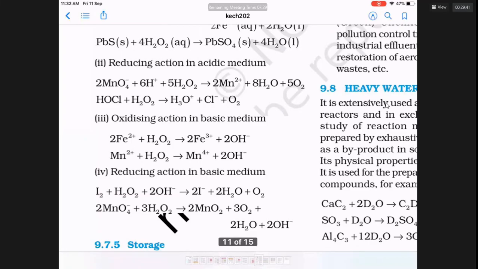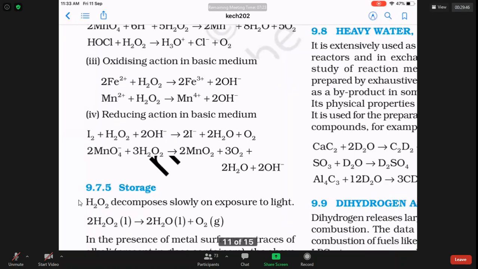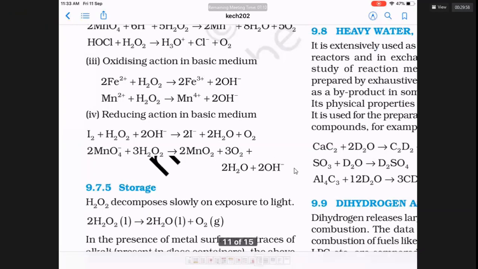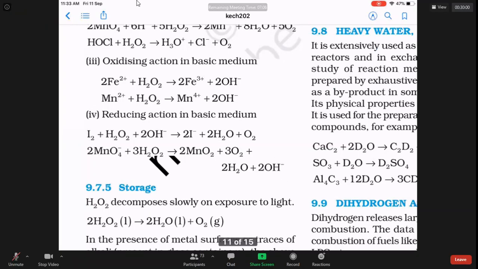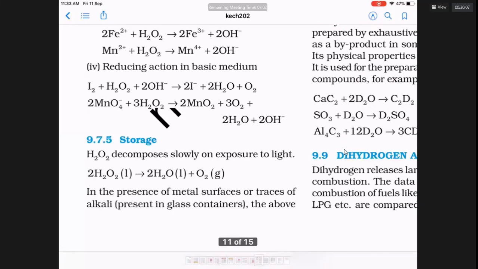Now, the oxidizing property of H2O2 in basic medium. When ferrous ions react with H2O2 in basic medium, you get ferric ions. When manganese plus 2 ions react with H2O2 in basic medium, Mn plus 2 will lose some more electrons. When Mn plus 2 is losing, H2O2 is gaining. When H2O2 gains electrons, it is an oxidizing agent. An oxidizing agent is one which gains electrons. Similarly, H2O2 can lose electrons in basic medium. It is a best loser in basic medium. It reacts with iodine in basic medium to give iodide.